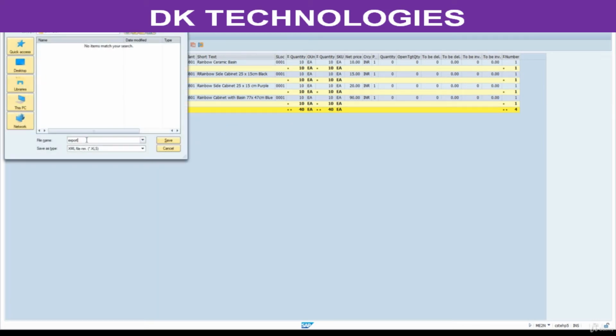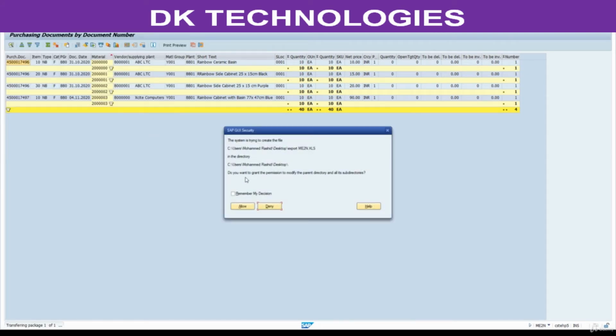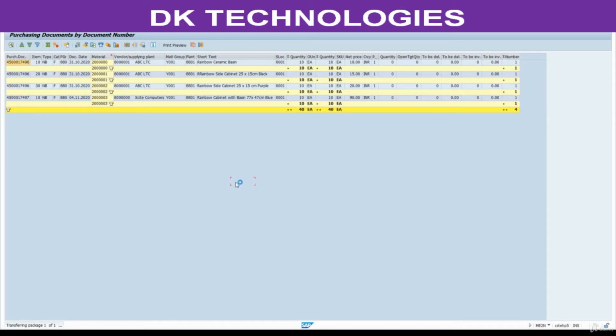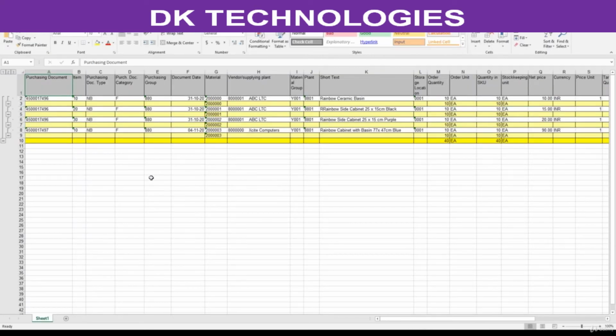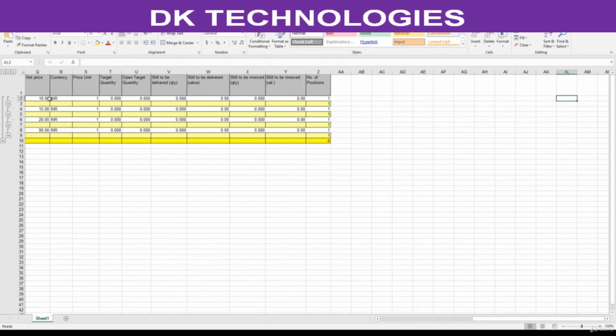System is going to save this ME2N, select desktop, save this. Click on yes. See, it has been exported successfully based on the layout design as it is.